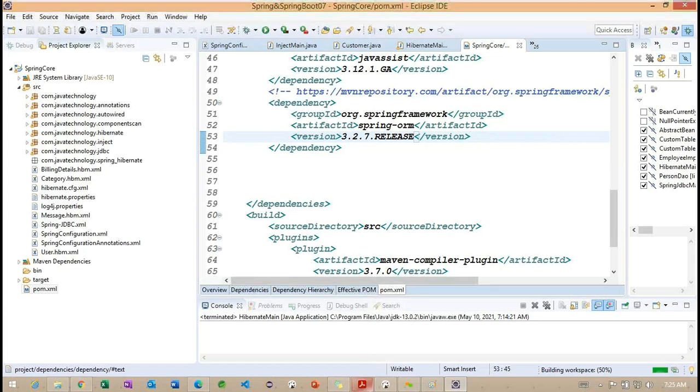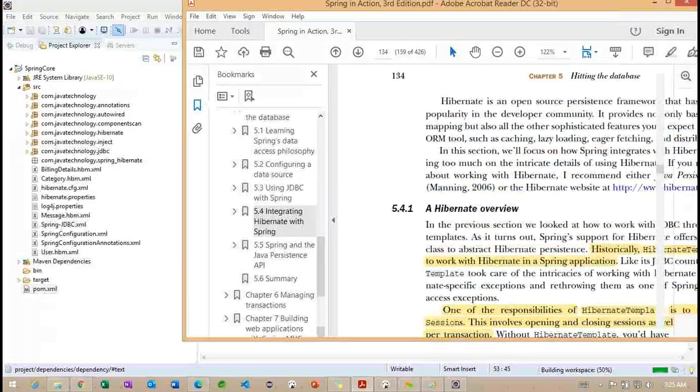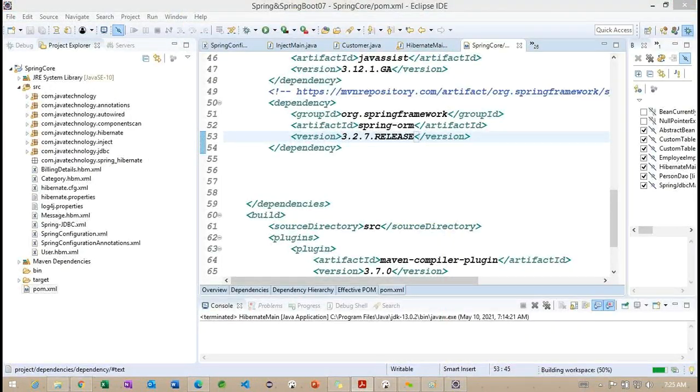It is downloading here. After downloading, we'll try to focus on whether this particular Hibernate template is added or not.